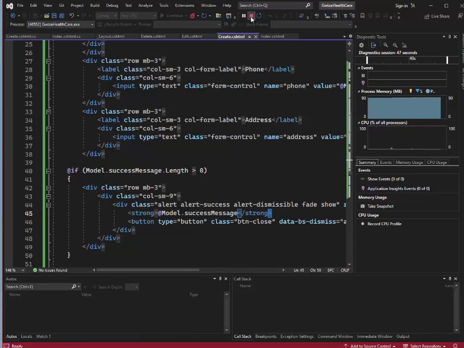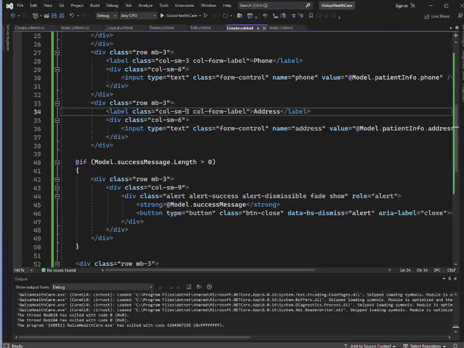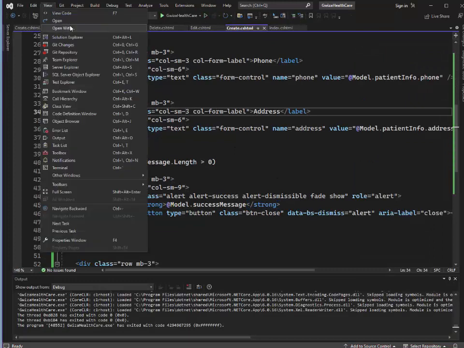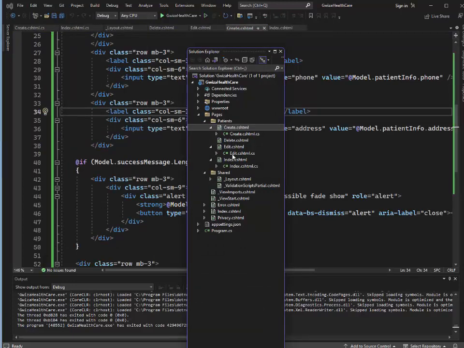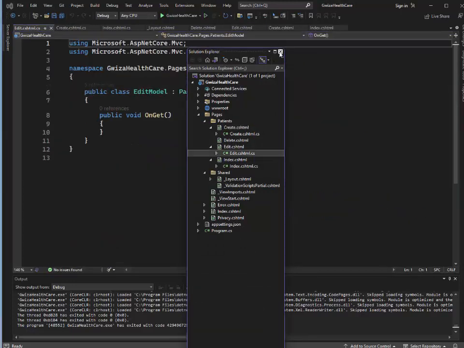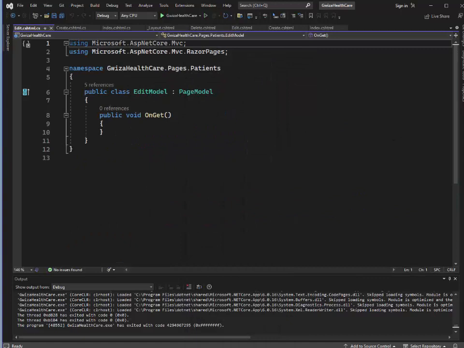So allow me then to start working on edit. If you remember very well, after creating, we need to go to edit. Let me go to Solution Explorer. I need to open this edit. So as you remember, the edit doesn't